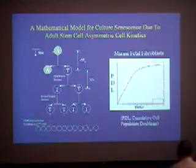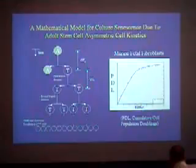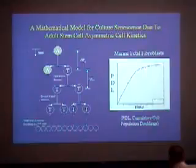these data points here are what people typically see for cultures that undergo senescence in culture. You keep track of what's called a cumulative population doubling time. It's just a running tally of the number of times a culture has doubled versus time as you passage the culture. Typically what happens is cultures grow actively at first, and then they undergo a process referred to as senescence, and